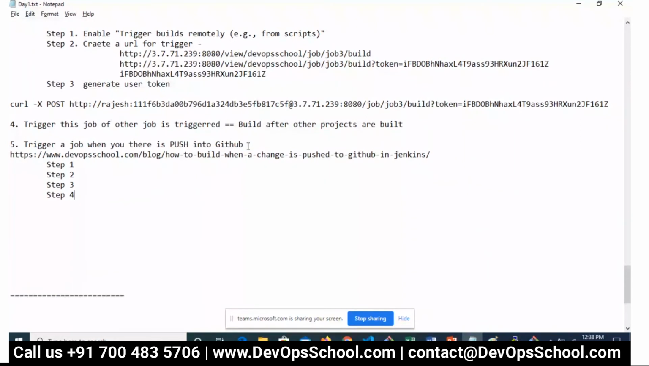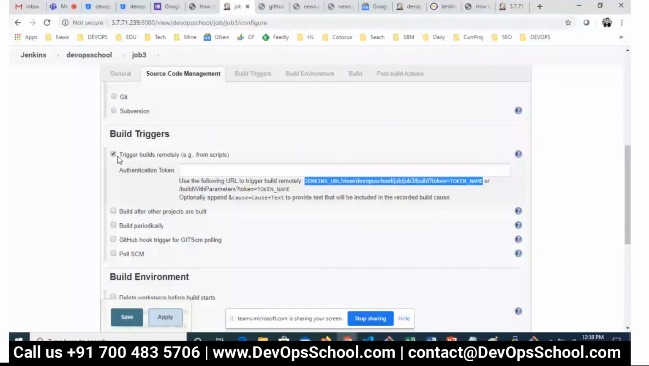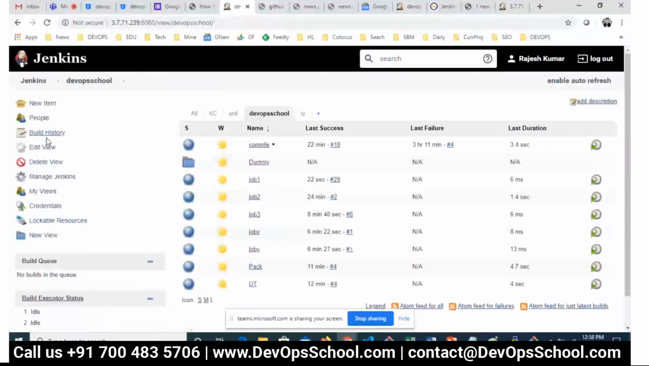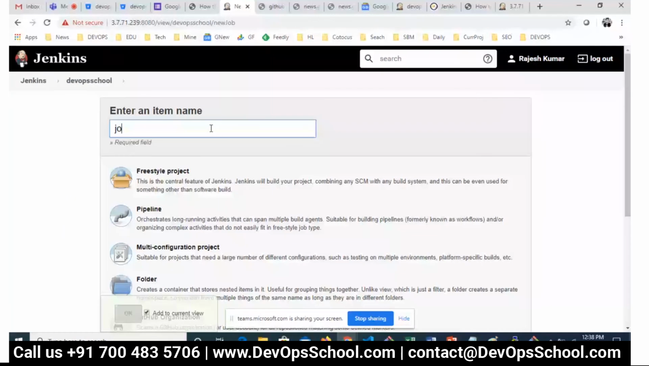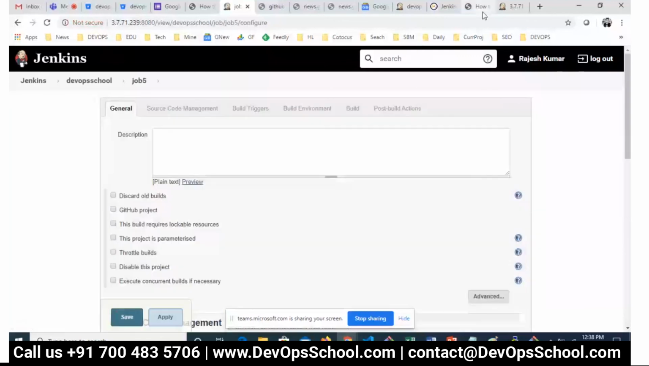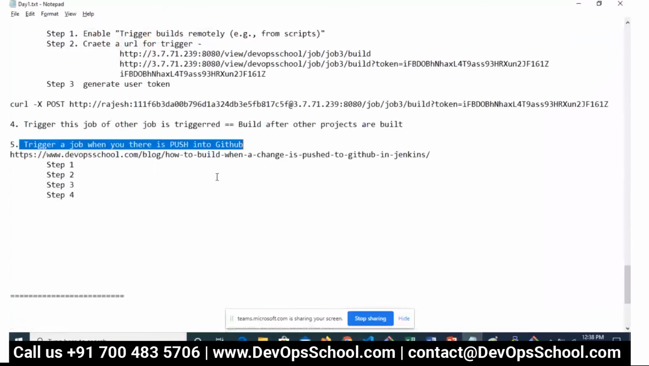Now let me create a new job here, job 5. And in this case, because Jenkins is involved with GitHub, you need to use the source code also. So I'm going to use the same source code,